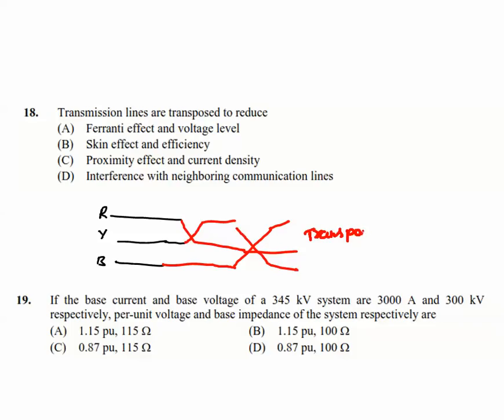So transposing of lines. Okay, so this transposition is done to avoid or reduce the interference with the neighboring communication lines. Why? Because normally in transmission lines we will use the conductors like this, and also we will use the same tower for communication lines also. So this is for communication and this is for power lines. Okay, so in order to avoid the interference with the neighbor communication lines, we will transpose the conductors. Okay, and the next question